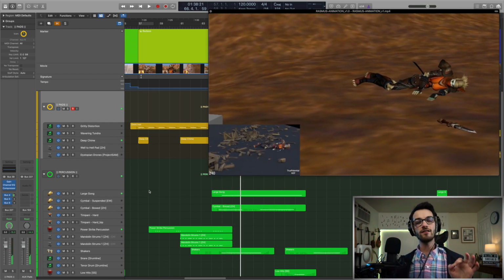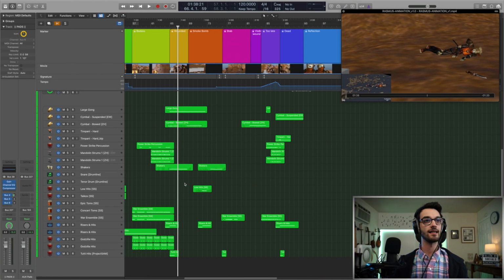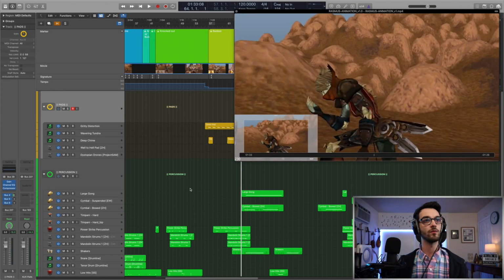Now this kind of marks the end of the action, for the most part. All of the actions kind of stop. Now there's a bit more subtlety that goes on. So most of this percussion bed, you'll notice after that moment, kind of dies off. There's a couple little hits here and there, but that's primarily it. Now we have a moment where